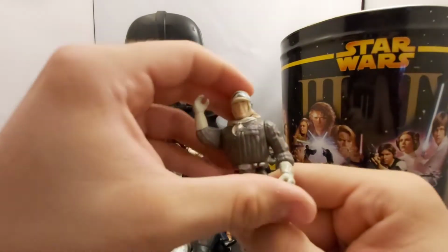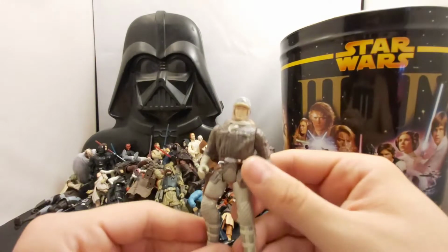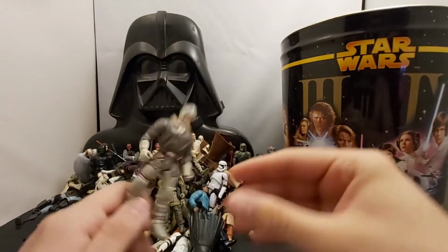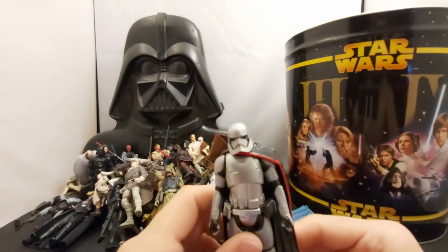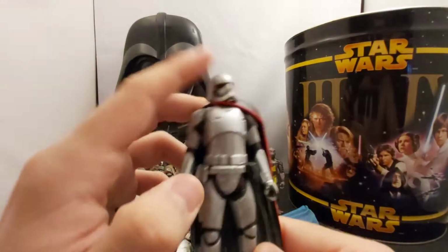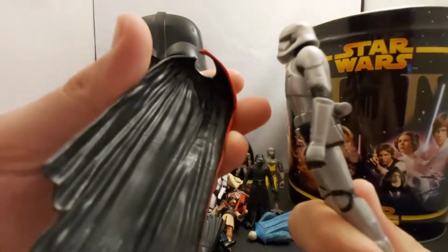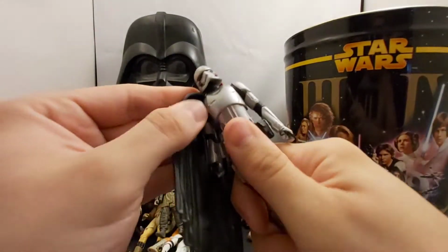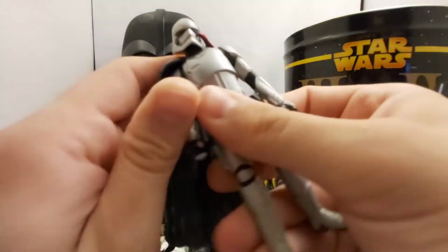Han Solo. Hoth Solo, I guess we'll call him. Remember getting this. Power of the Force. Decent figure. Who else? Captain Phasma. Awesome looking character. Lame execution, my matter. Oh, looks like her cape's broken, or is that supposed to come off? I don't know. Yeah, it's a shame she didn't do a lot of cool stuff in the movies, but...